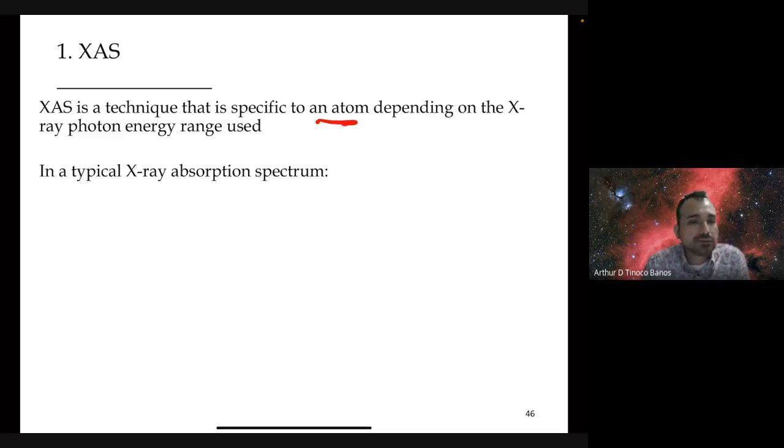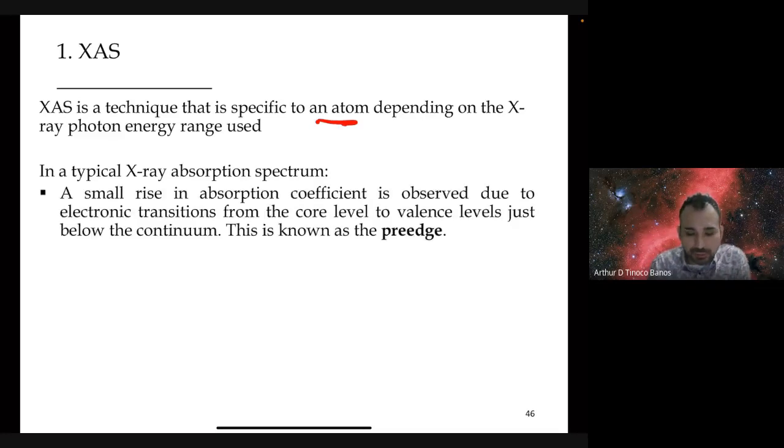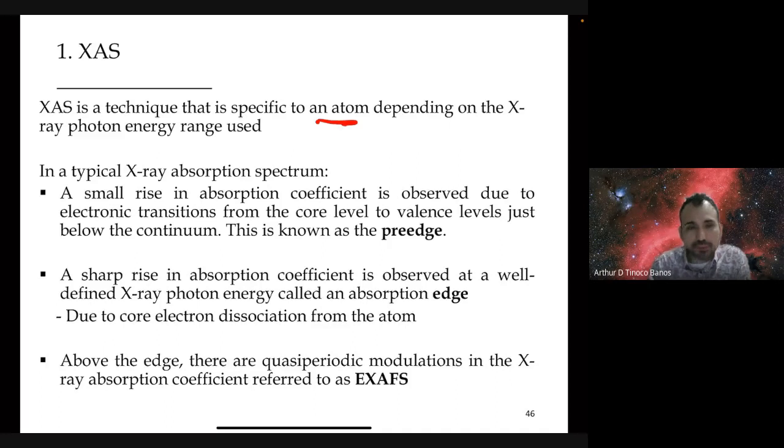So in a typical X-ray absorption spectrum, and I'm going to read this to you, but then I'm going to provide you the visual for you to be able to see this. So in a spectrum, you have a small rise in absorption coefficient, which is observed due to electronic transitions that are coming from the core levels to the valence. Okay, so you're within the atom, a specific element, an atom. You're going from the core electrons that are now excited to the valence electrons,